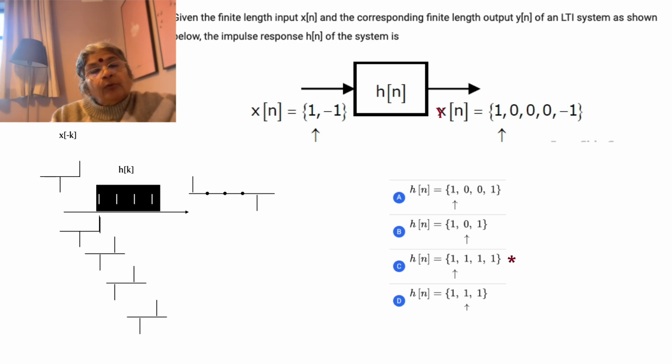So how can that happen? Only if hk has 1 at 2 of its ends. So only the internal components are now going to matter. What about the internal components? We realize that we are going to have 1 and minus 1 slowly overlapping each of the 2 components. So if you multiply 1 by 1 and the other by minus 1, then together they cancel, and so the internal components of yn, that is when you compare the other 2 ends, all the 3 components will be equal to 0. So that's the reason why, since there are 4 components, you can see that